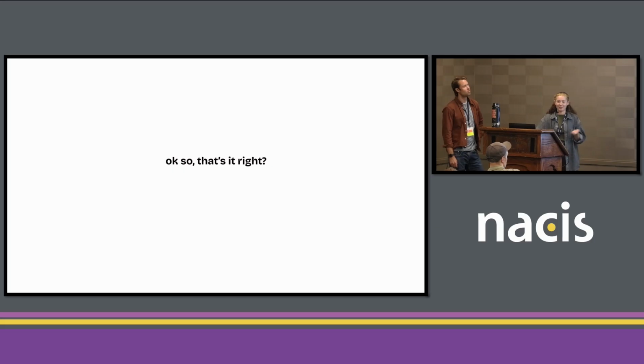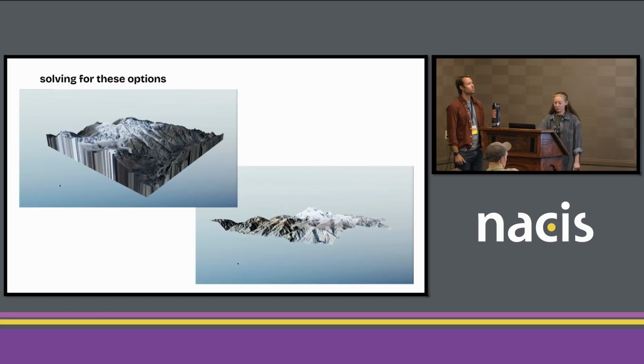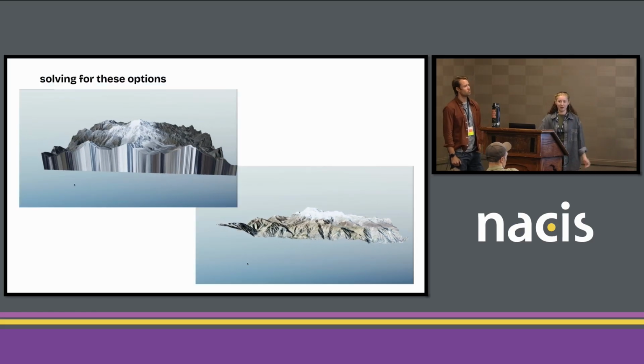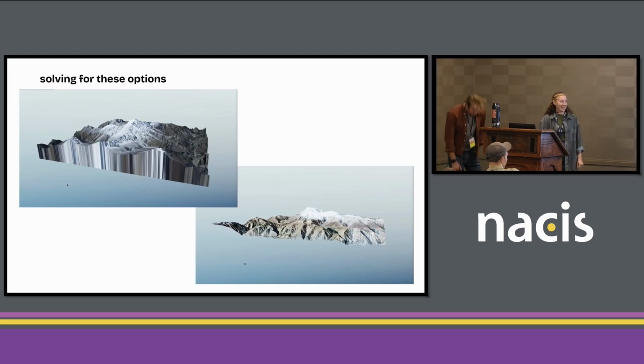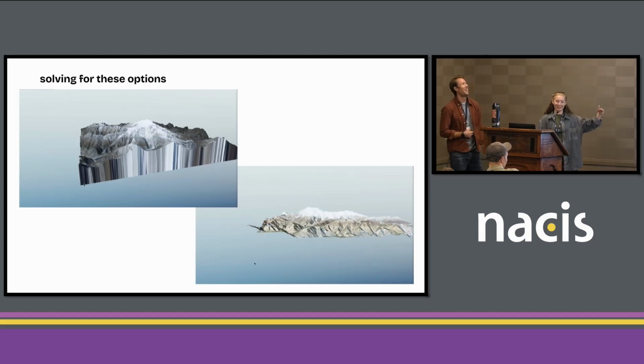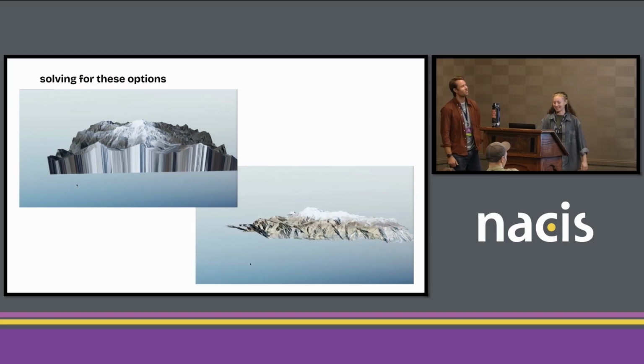So that's it, right? You have the mountains in it, we're good to go, we just have to write some text. No, there's a lot of other things that went into this. The trouble with cross-sections: when we originally built the mountains in browser, you have these kind of side lines that come off of it. And we tried a few ways to solve them. We thought about just leaving it, like, oh, maybe people won't notice. But it did actually introduce some weird problems. Sometimes there'd be a lake or a section of blue that made it look like there was a lake or a waterfall that didn't exist.